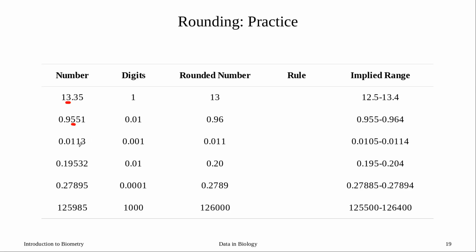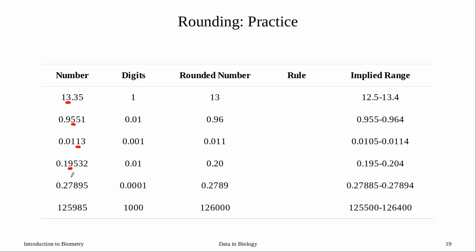Next one, we're rounding here. Target digit's a 1. The next digit after that is a 3. It's less than 5, so we leave our value alone. We get 0.011. The implied range is one more digit, so 0.0105 up to 0.0114. These numbers round to this one. Next one,